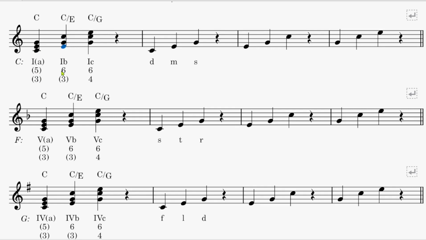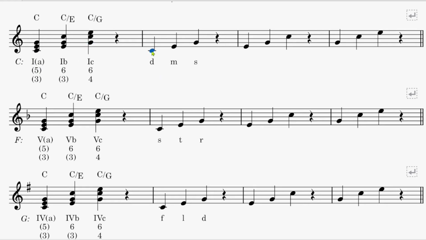C to E is a 6. G to E is a 3. So we write 6/3. For second inversion, E to G is a 6. C to G is a 4. So we write 6/4. So in figuring, sometimes we don't write 5/3 and we don't have to write a 3 below the 6 because these are all understood. So when we have a Roman numeral without any figure or without the A, that means it is root position. When it is just a 6, that means this is the first inversion.